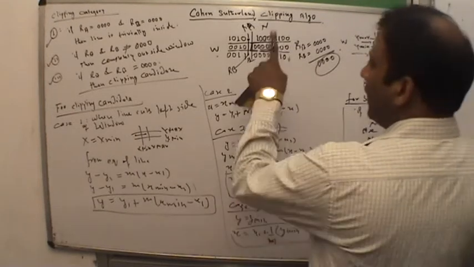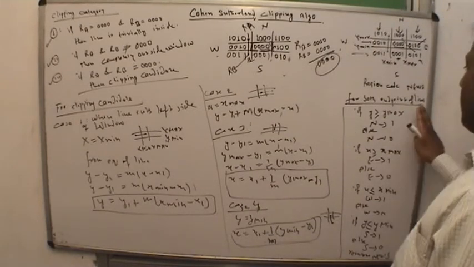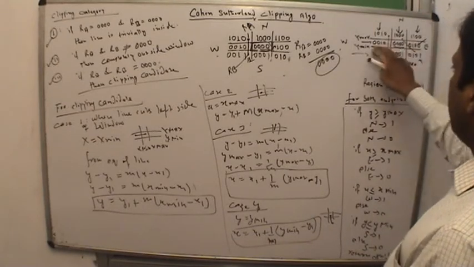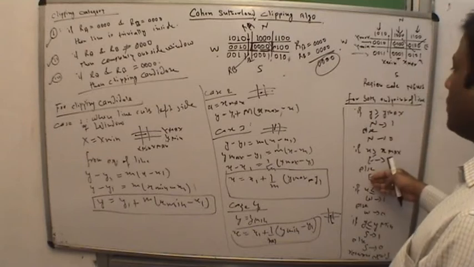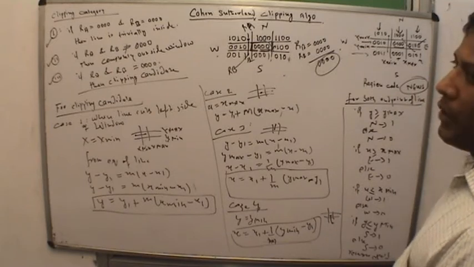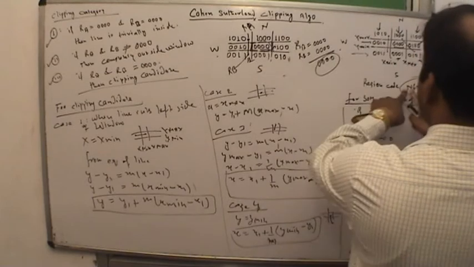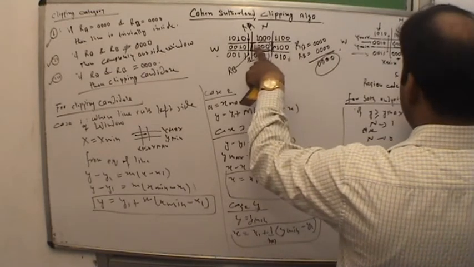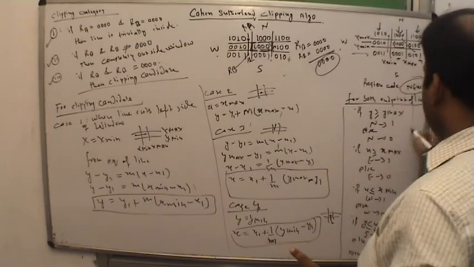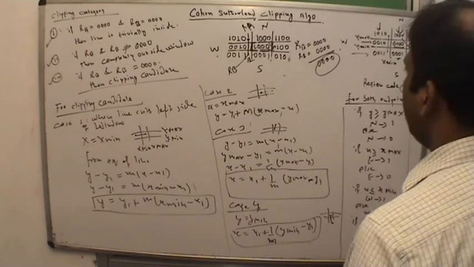Another method is to fill the value according to these equations for both end points of the line. How can we set the region code? We can set the region code according to these equations also, the region code according to the equations. We see, if we want to set the region code according to these equations, if y is greater than y max, if we have